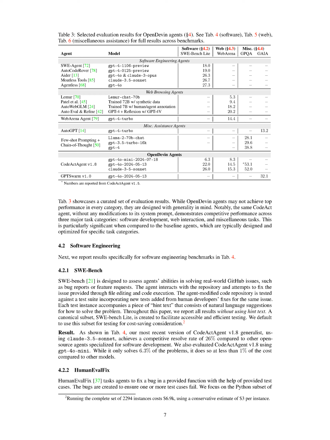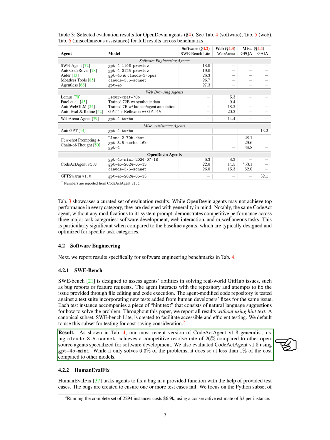Section Summary. In this section, we present OpenDevin, a platform that supports various community-contributed agents, including the generalist CodeAct agent, which can perform tasks through natural language interaction and code execution. We also introduce specialized microagents for specific tasks, evaluate our agents against established benchmarks, and highlight that our CodeAct agent demonstrates competitive performance across software development, web interaction, and other tasks, despite not being optimized for any single category.